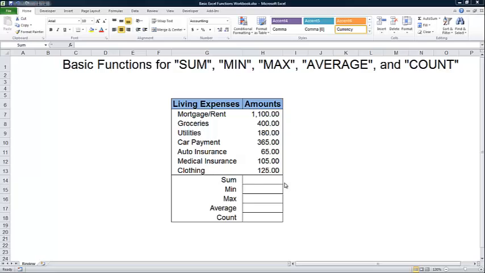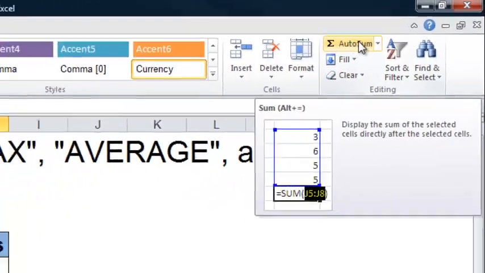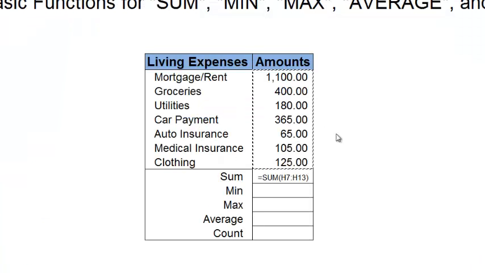There are many different ways to calculate these different functions. However, the easiest is located within the Home ribbon using this AutoSum button. So if we click in the cell where we'd like the total to appear, go to our Home ribbon, click AutoSum. As you can see, Excel automatically estimated the range of values it thinks we should use within this function. In this case it was correct, so we can go ahead and click enter